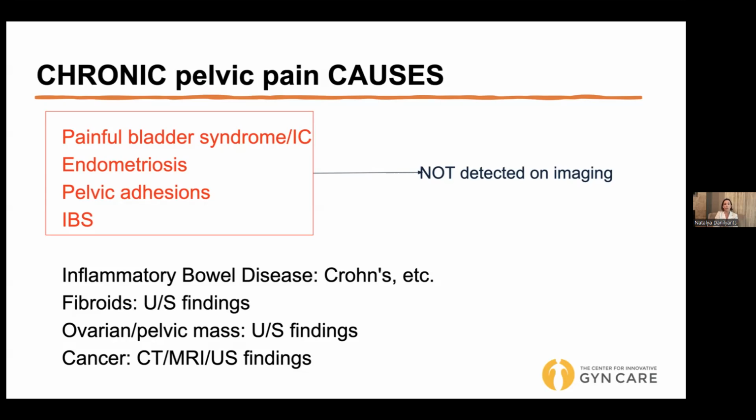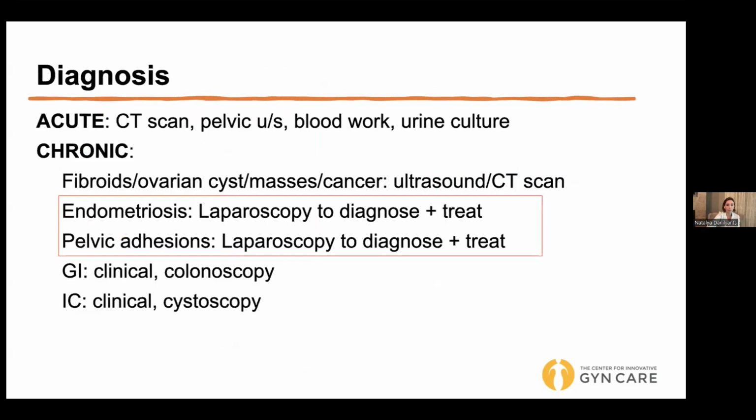So pretty much, if you've had normal imaging, and whether your pain started 2 weeks ago or 2 years ago, and everything's been normal, you've ruled out a lot of things, right? So now you're most of the time down to these 4 things. Now, outside of that category is musculoskeletal pain, so pain that's not coming from any of the internal organs, but more from the muscles or the ligaments or connective tissue. I'm not including that in this discussion, but that's also something that needs to be ruled out.